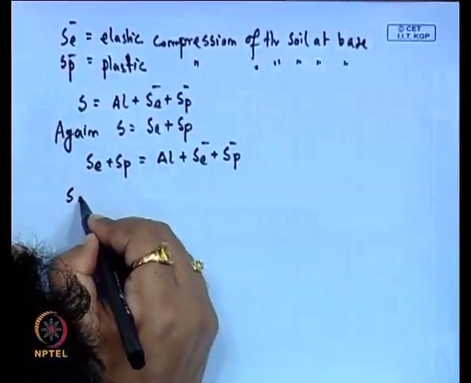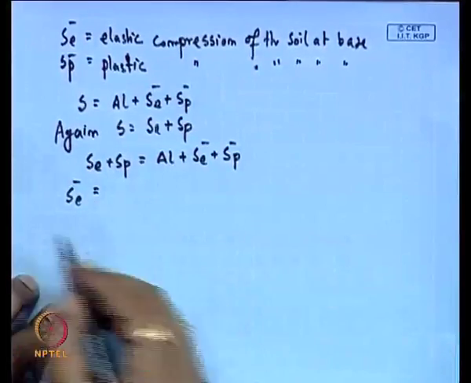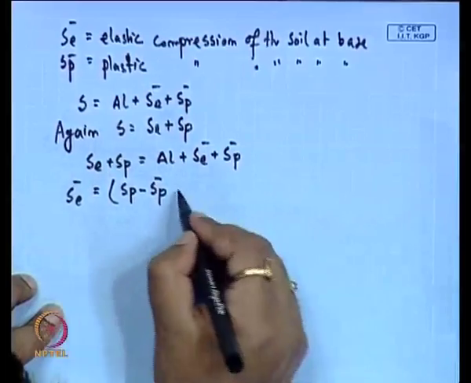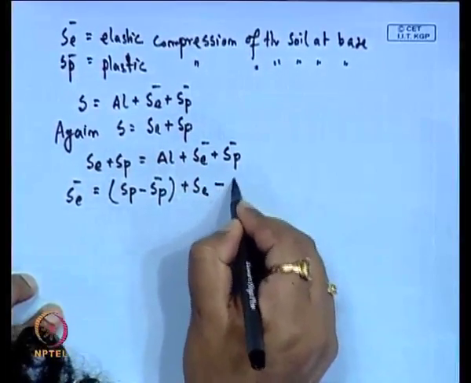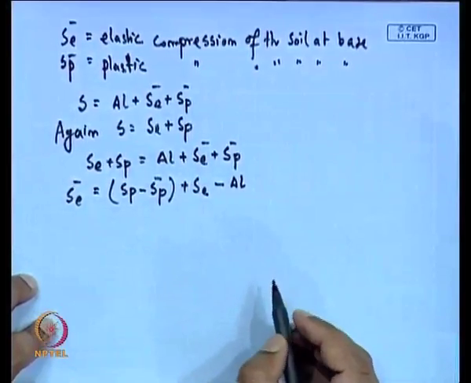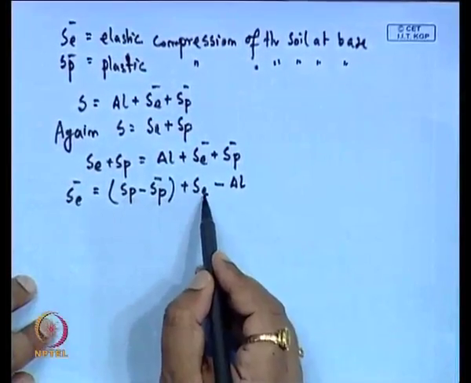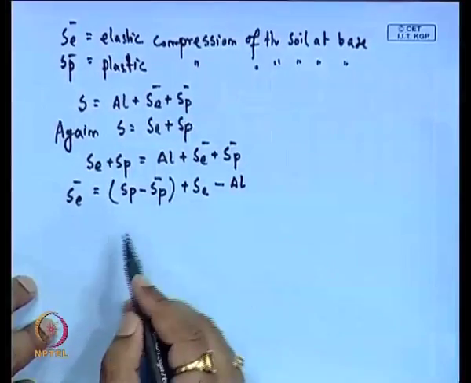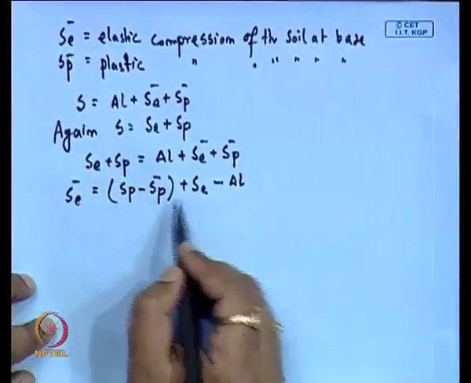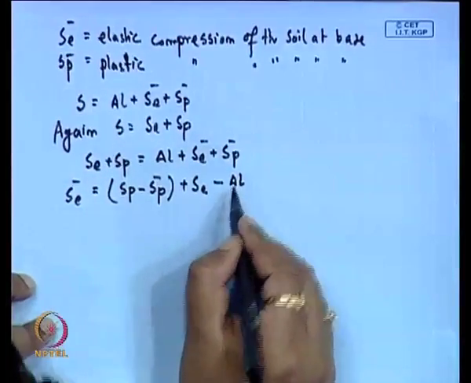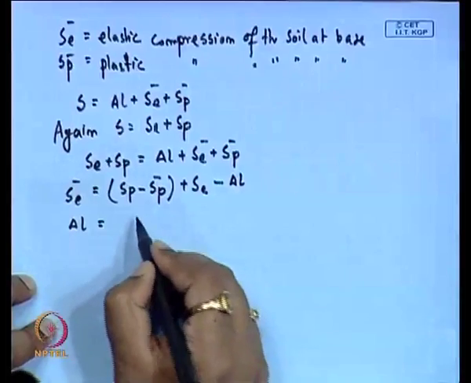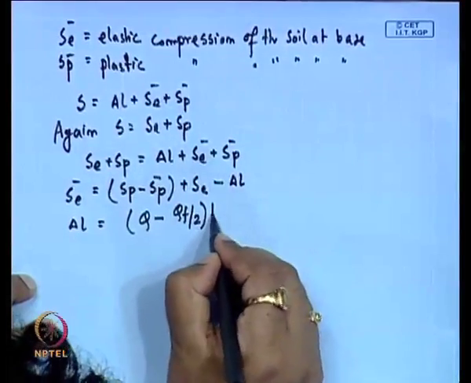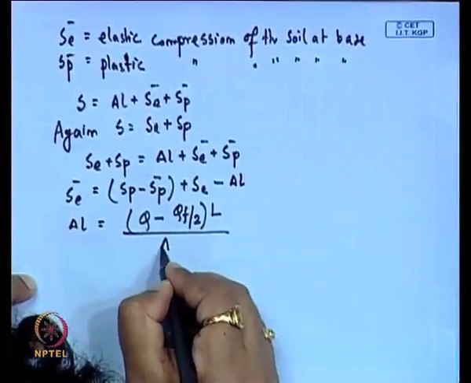So we can write that S E dash, the elastic settlement at the base, is S P minus S P dash plus S E minus del L. Now, this S P and S E we can determine from the pile load test, the load versus settlement figure, and this del L we can calculate by this expression, Q minus Q F by 2, into L divided by A E,